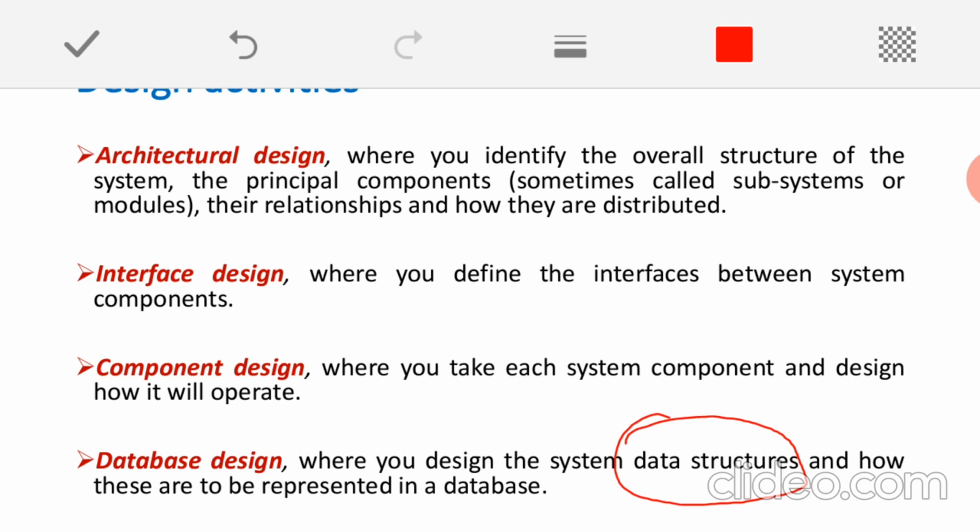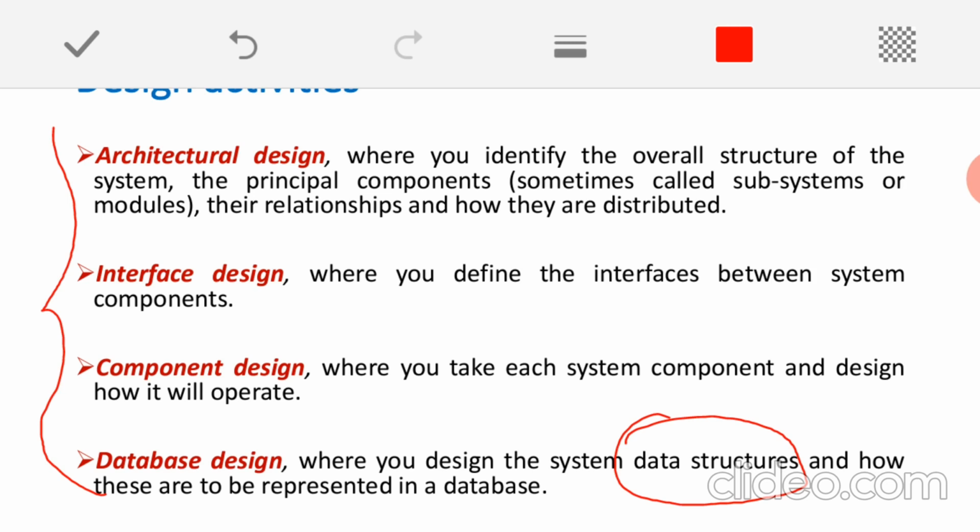Out of all these 4 different design activities, either all of these are carried out sequentially, or we can interleave them, meaning we can carry them out concurrently. Also, these design activities always depend on the type of software that we are going to design. It is not mandatory that all these designs are compulsory. For example, in a real time software application, sometimes we may not be interested in the database design. So it depends on the type of the software.